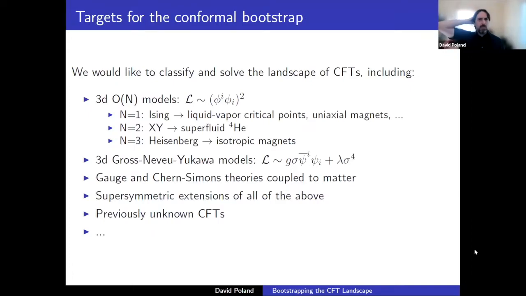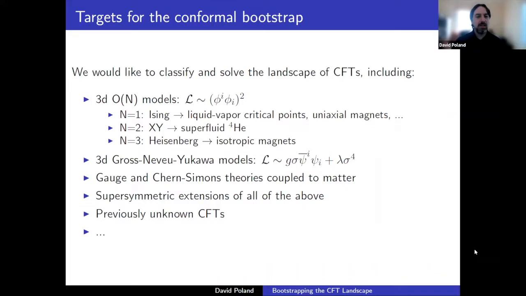I guess you've heard a few bootstrap talks already here, but let me just highlight that there are a number of different targets for the conformal bootstrap that we have in mind. These include the critical three-dimensional O(N) models that you've heard a little bit about. They also include models of interacting fermions, like the three-dimensional Gross-Neveu-Yukawa models. I'll talk more about those models a little bit later. And they also include gauge theories like